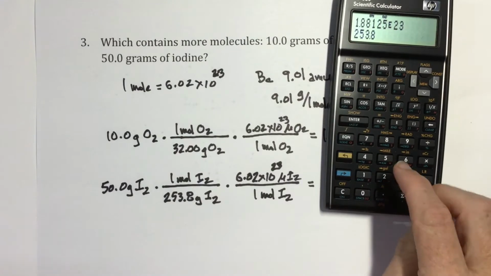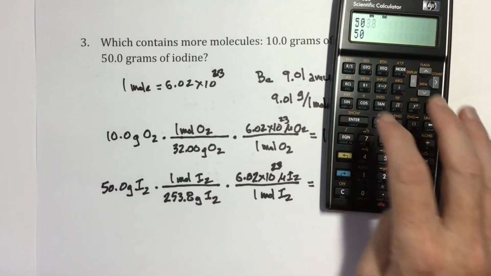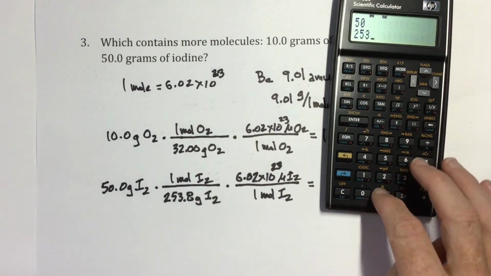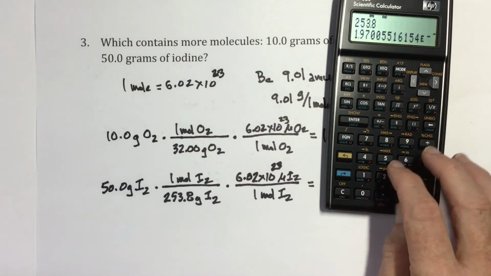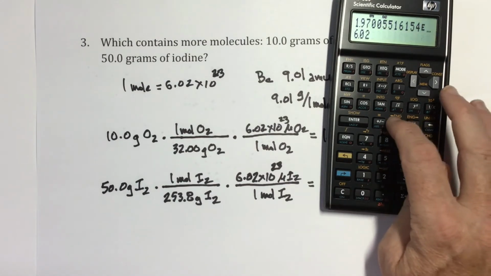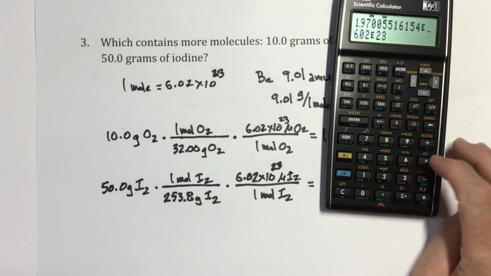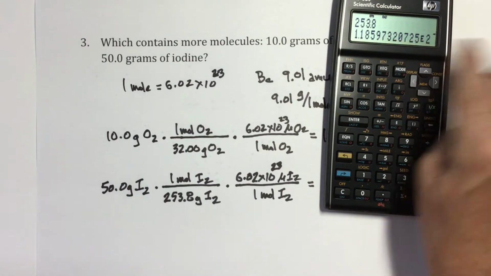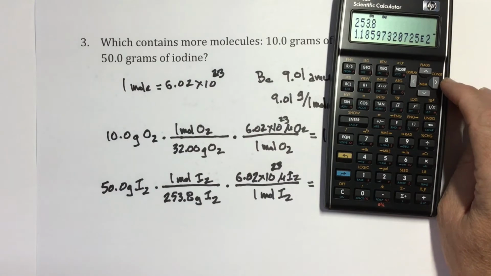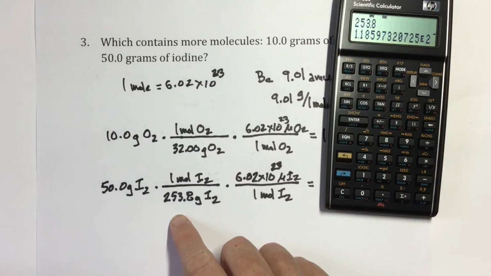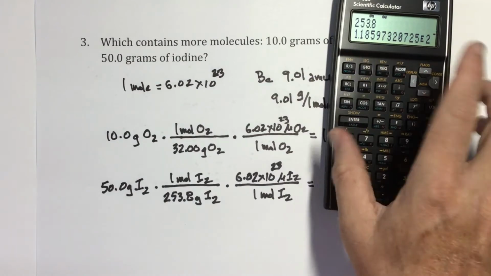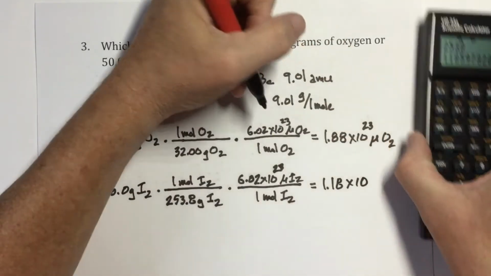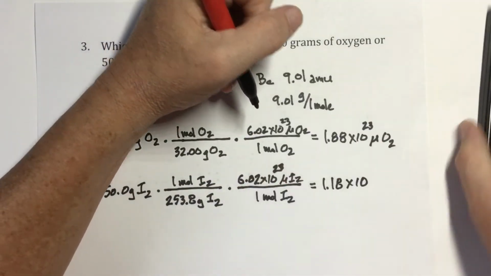So now let's just do the math. 253.8 divide, and 6.02 to the 23rd times. This is a vexing calculator because it displays it off the screen. At any rate, I need 3 significant figures again, so I have 1.18 times 10 to the 23rd